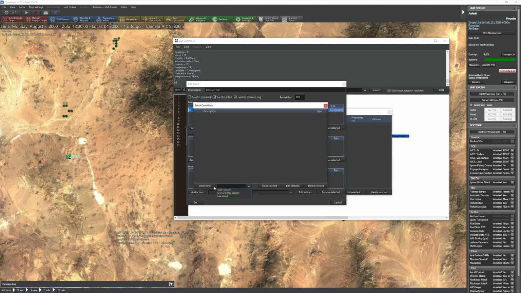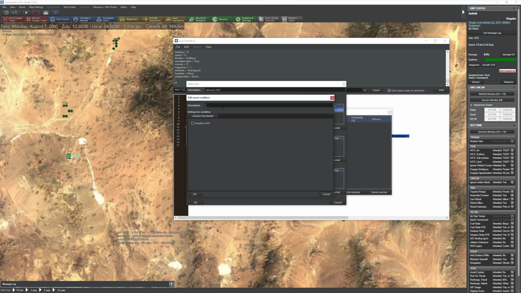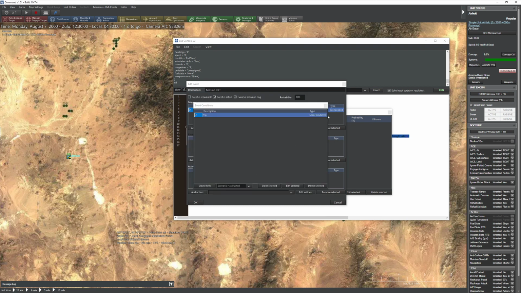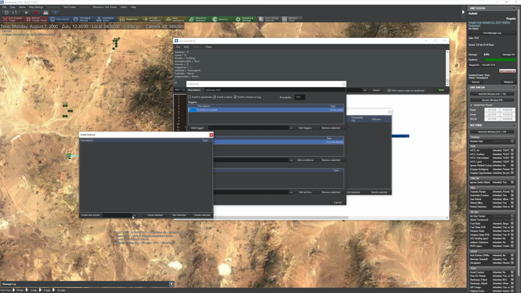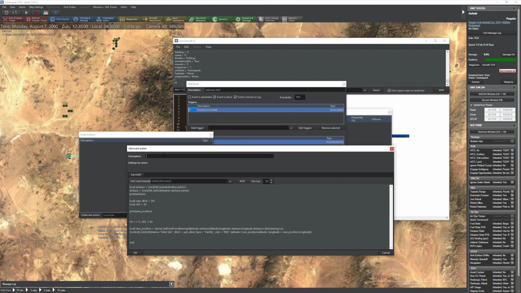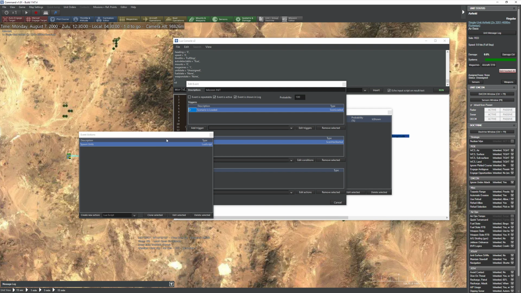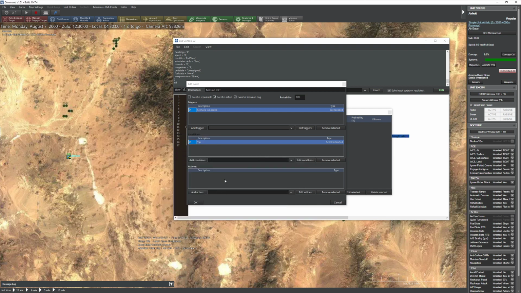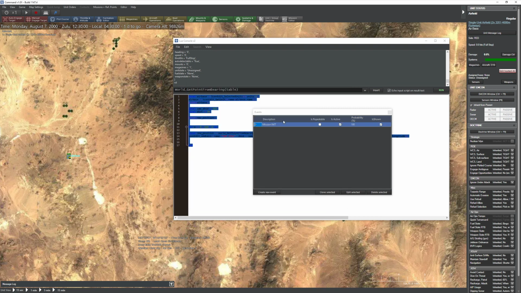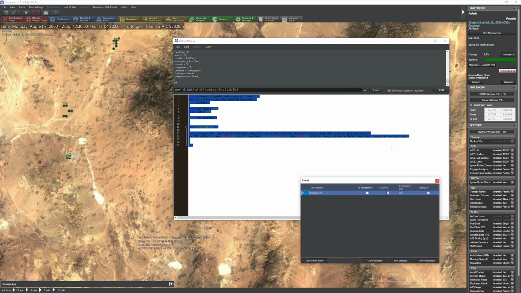Then we could add that in there like that. Edit conditions. Scenario has started. Yep. That's what my doggy does. And then we could come down here and create a Lua script. Spawn units. And then each time we start the scenario, it will actually fire that script that we just developed moments earlier,